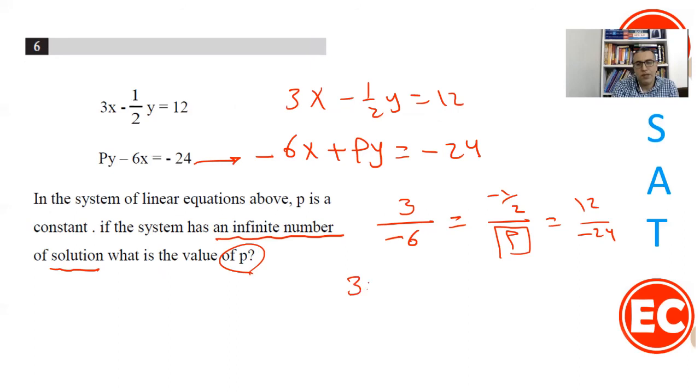So 3p is equal to negative half times negative 6. Negative times negative is positive, and half